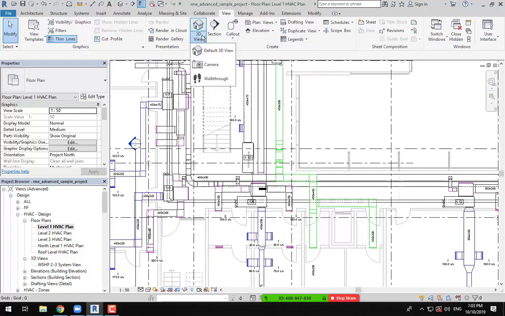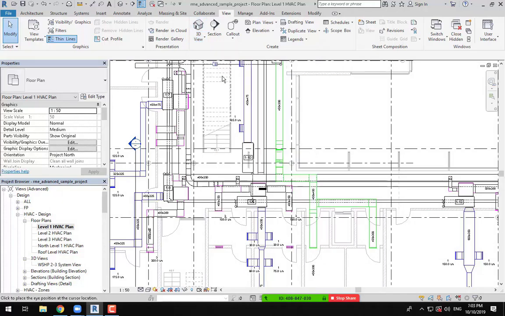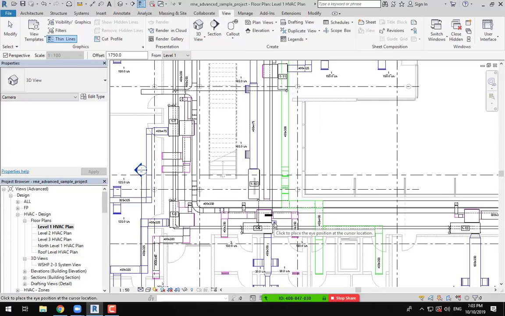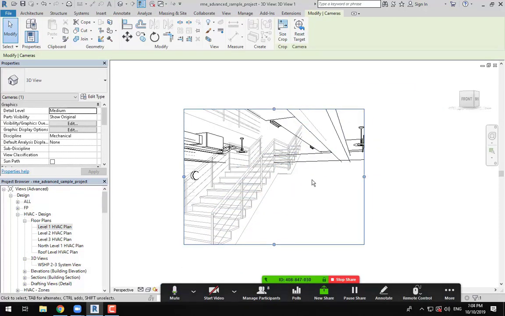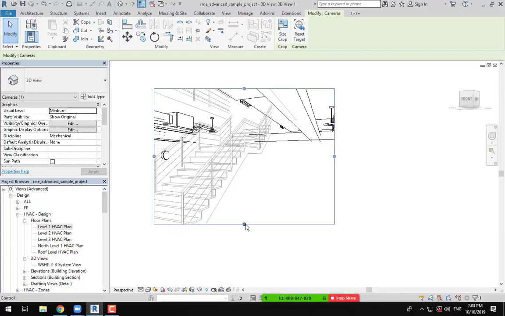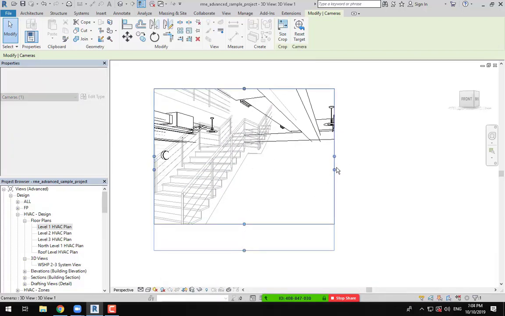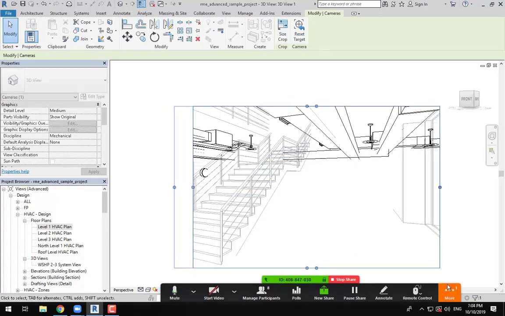To explain this, I will click on 3D view and choose from here the camera option. I will select this option and I will stand here, click on this point with the mouse, and move the mouse to the view that I want to show in our perspective view or camera view. I will click again here, the second point. Automatically, it will open this view for me. This view is from inside, it's a 3D view from inside our building. I can control from this point the size of our camera view. From here, I can control